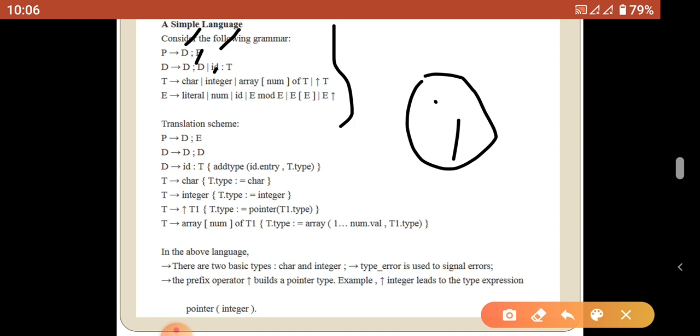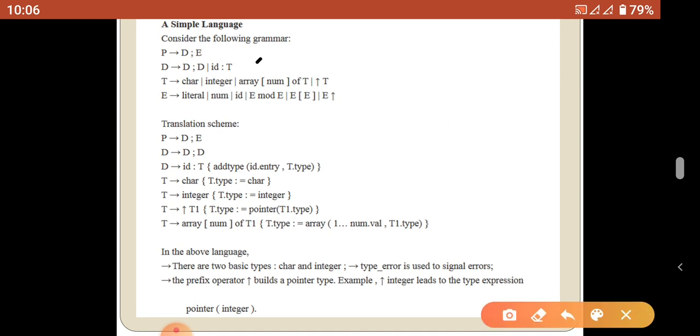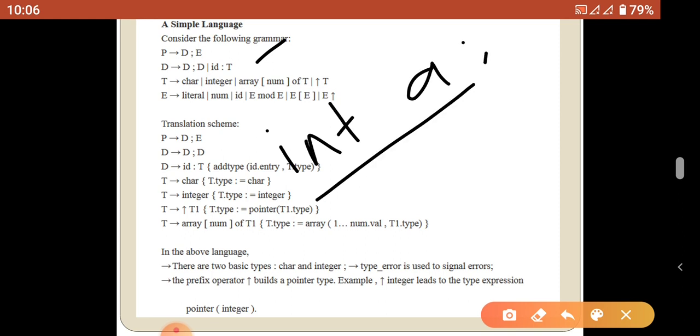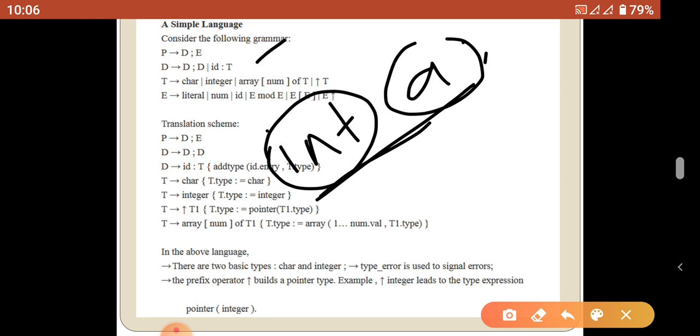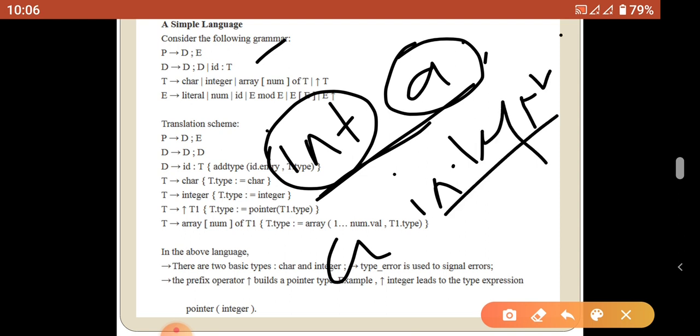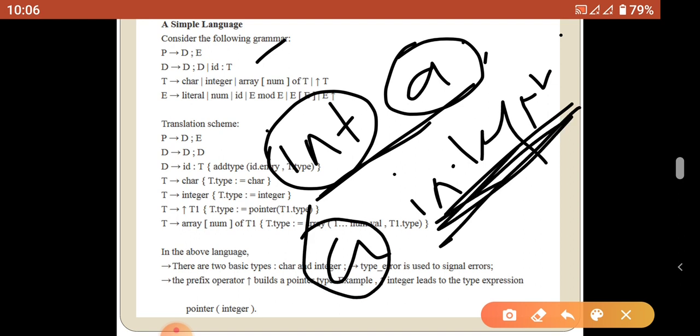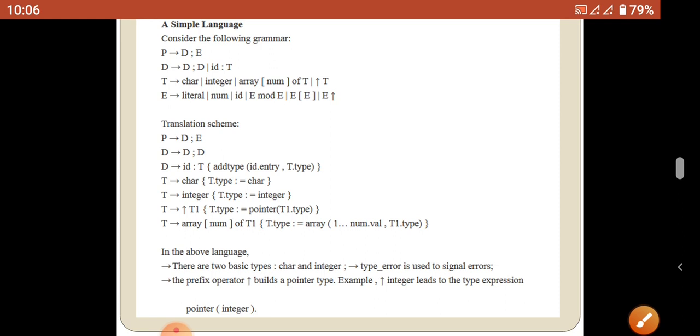This is a programming example for a Pascal program, not a C program. Normally in C we write the declaration as int A. First the data type is present and then the variable name. But in Pascal, first the variable name is present and then the declaration part, integer. There is no int in Pascal. We give the complete name integer. So first the variable name is present and then we give the data type. In C, the data type is mentioned first and then we give the variable list. Super. So this is an example Pascal program.